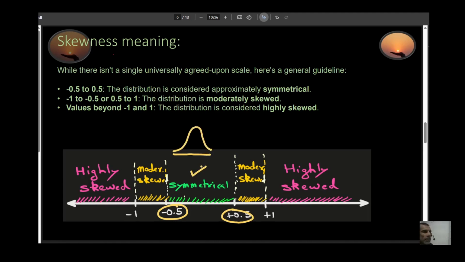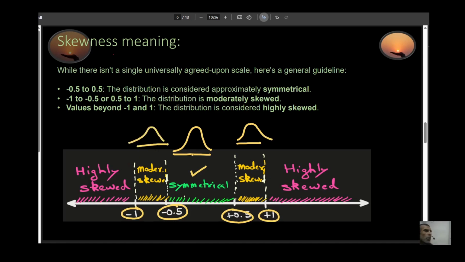On the other hand, if your value falls in this region from minus 0.5 to minus 1, or if it falls from plus 0.5 to plus 1, then your curve is said to be moderately skewed. So your curve may look something like this